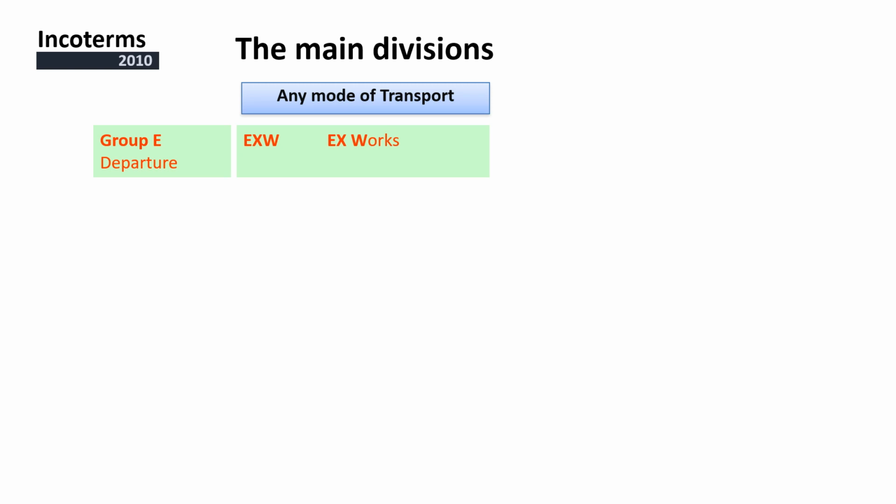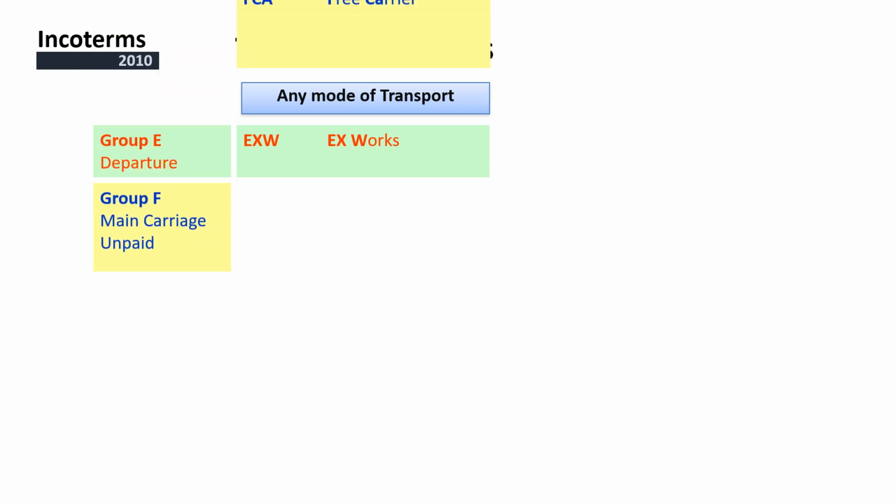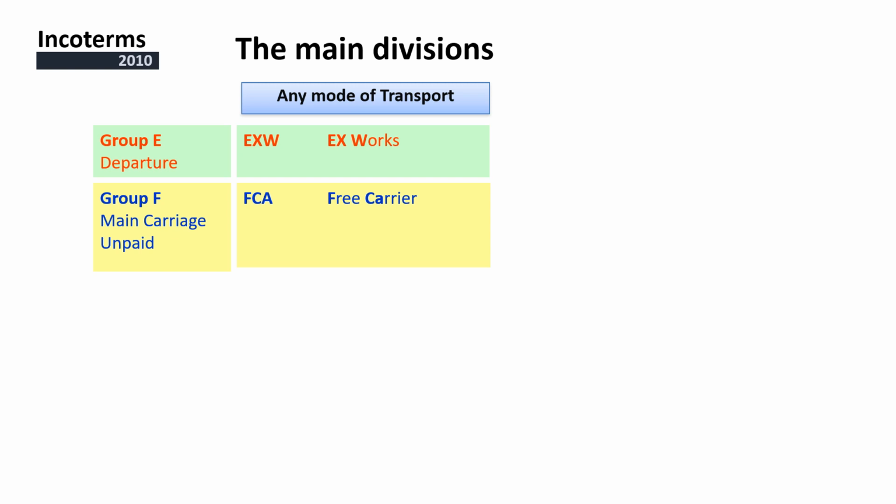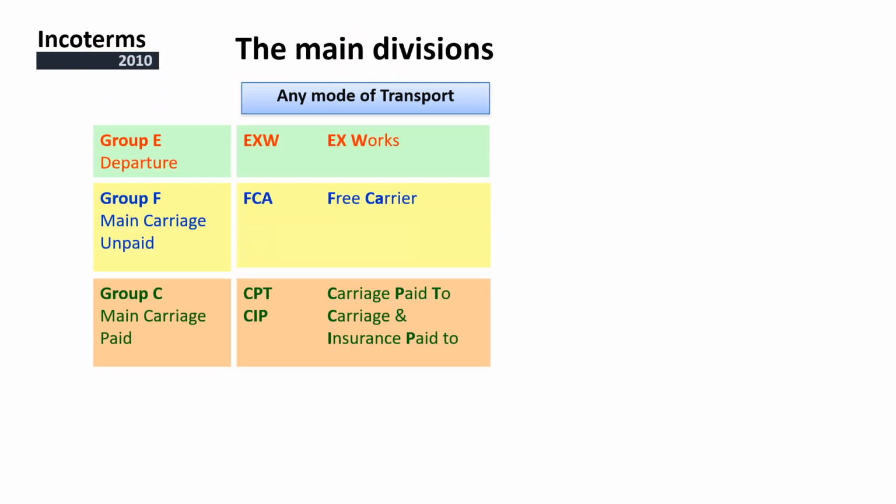Under any mode of transport, in group E, we have only one term, which is Ex Works. Then we have group F, where the main carriage is unpaid by the seller. You have to keep in mind that all the Incoterms are with reference to the responsibilities of the seller. Under group F, for any mode of transport, we have one term, which is FCA, free carrier. Then we have group C, where the main carriage is paid by the seller. There are two terms there, CPT, carriage paid to, and CIP, which is carriage and insurance paid to